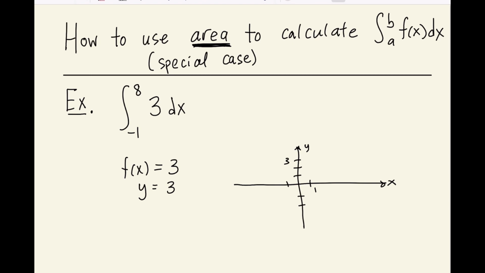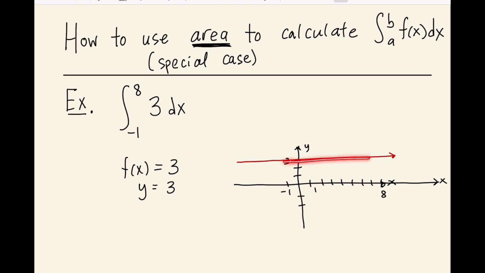So here's my line. And I am evaluating that from, let's see, I actually need to go a little further here. 1, 2, 3, 4, 5, 6, 7, maybe 8 is about here. Here's -1. So I'm interested in the area